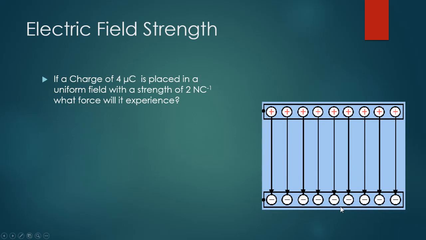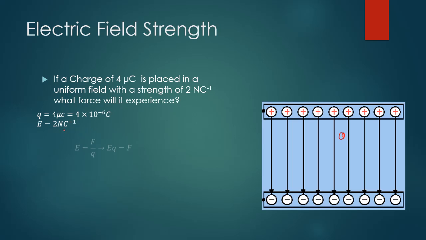So let's work an example. We place a 4 microcoulomb charge in a uniform field with a strength of 2 newtons per coulomb. What force will it experience? Well, I went ahead and converted the 4 microcoulombs to 4 times 10 to the negative 6 coulombs, and